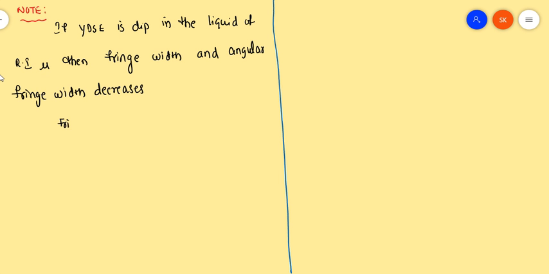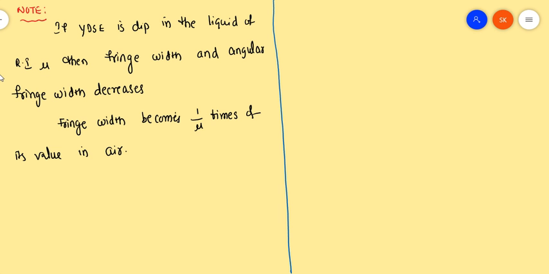Fringe width becomes 1 by nu times of its value in air. What I am doing here: if we dip Young's double slit experiment in the liquid, then